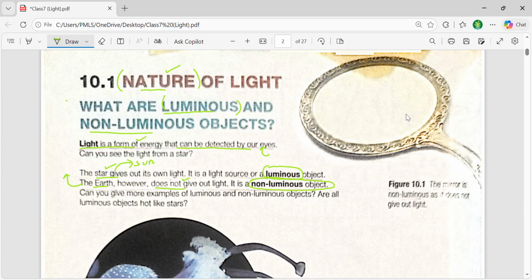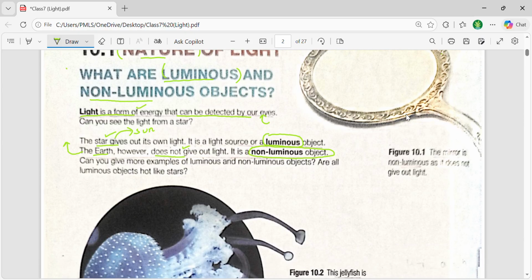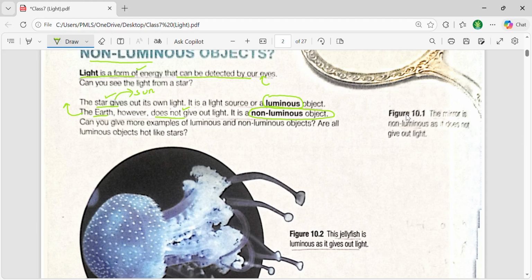There's another thing, for example, in your room around you, you can see different colors in front of you, and different objects might look very bright in front of you, but their color is not coming from themselves, they are reflecting the color from the light source. And what could be a light source? The light source might be an electric bulb in your room. So that's what they can ask you in the question, or for multiple examples of luminous and non-luminous objects.